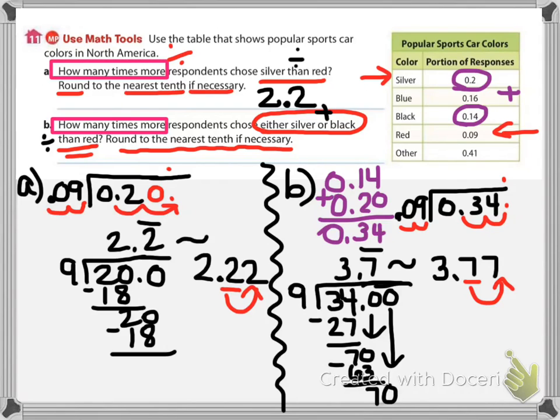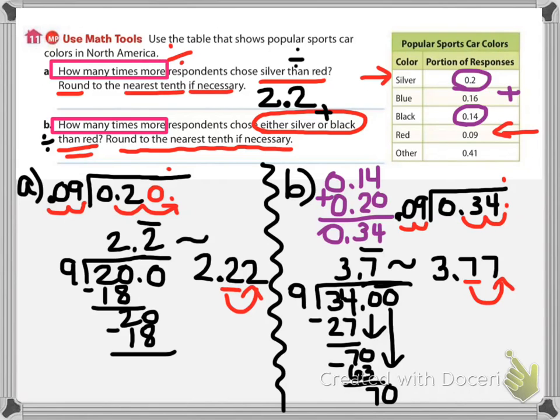So when I rework the problem here, I've got 9 into 34. And I stop short with my division when I realize that the numbers will start repeating. So it is 3.7 with the little bar over it. The bar notation signifies that the number 7 will continue repeating. So if I'm allowed to round to the nearest tenth, the 7 in the tenths place is underlined. Who is knocking at the back door? It's 7. 7 tells you to round up, so what I would be choosing as my final answer